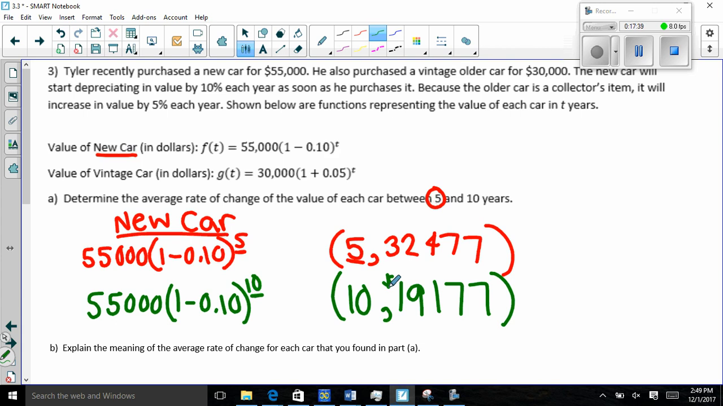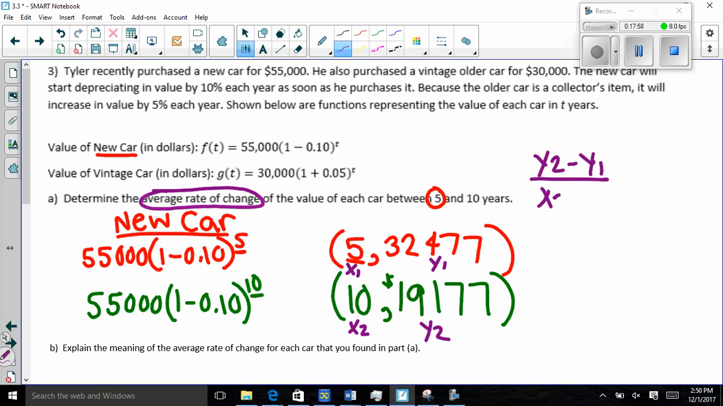Then I need to make sure that I find the slope, because it's average rate of change, right? So the average rate of change, I'm just finding the slope. Same thing we did earlier. Label x1, y1, x2, y2, and plug it in. So I have y2 minus y1 over x2 minus x1. When I do that, I get